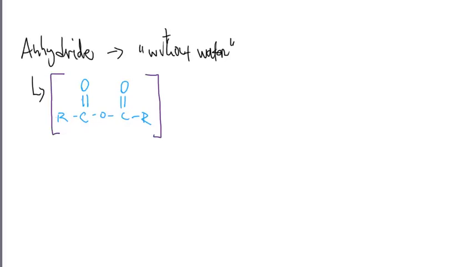So this can be any kind of carbon chain or ring that it wants. It could also maybe be a hydrogen if that's the case. But as long as there's two carbonyls separated by an oxygen, this is what's termed an anhydride. All right? So in the infrared spectrum,